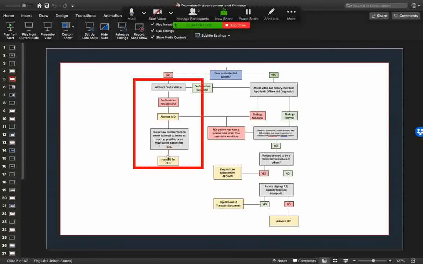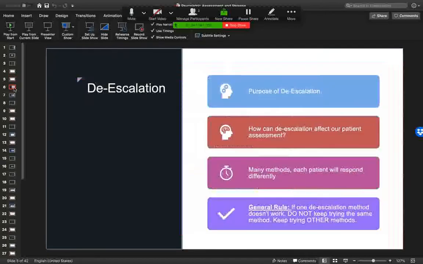Our scene safety is the priority here as well. Okay, so we're going to talk more about de-escalation. De-escalation is super important, and the reason why it's so important is because it allows us access to our patient. If they're yelling and screaming, and not enabling us to really have a conversation with them, then we are